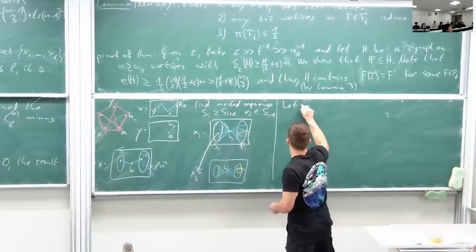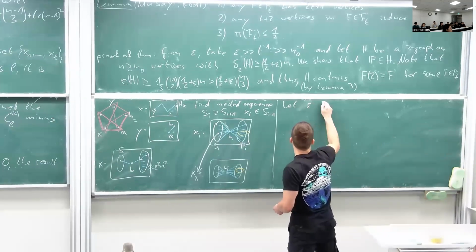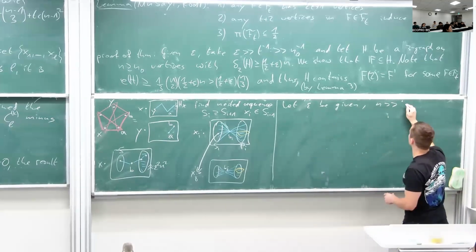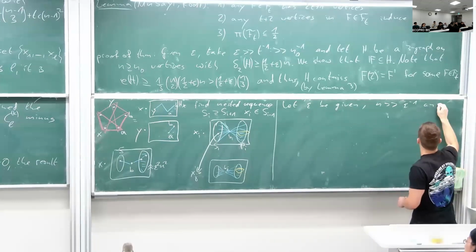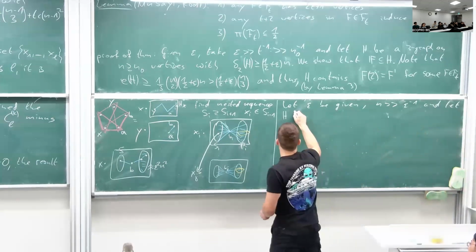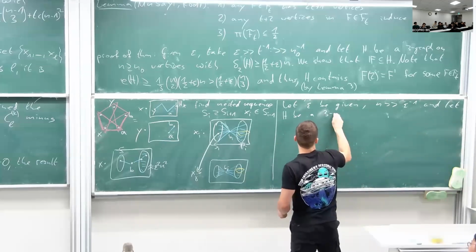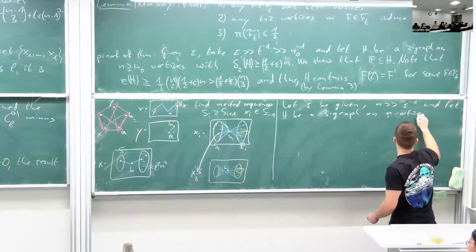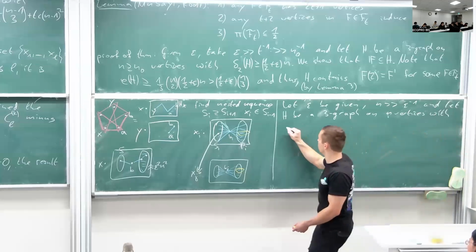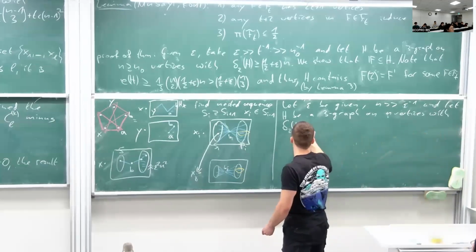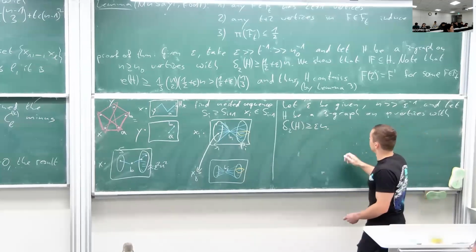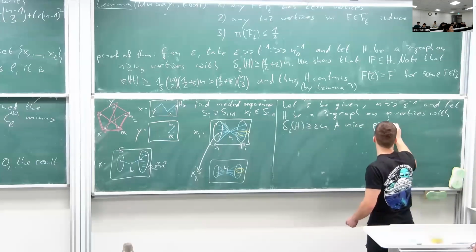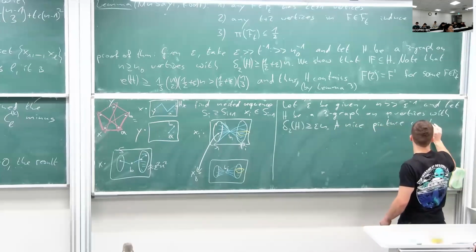So, let epsilon be given, and let it be much larger than this one, and then let H be a Sigma on n vertices with minimum 2-degree at least epsilon n. A nice picture. Exists